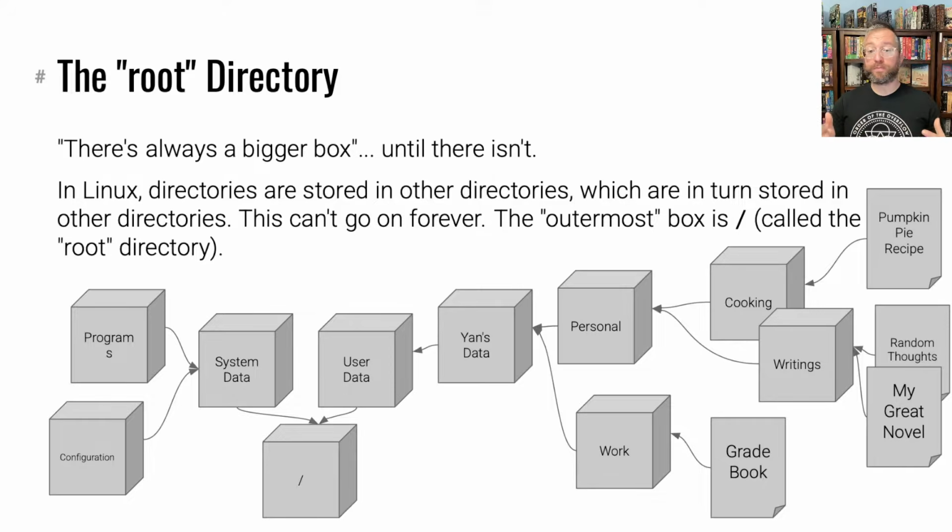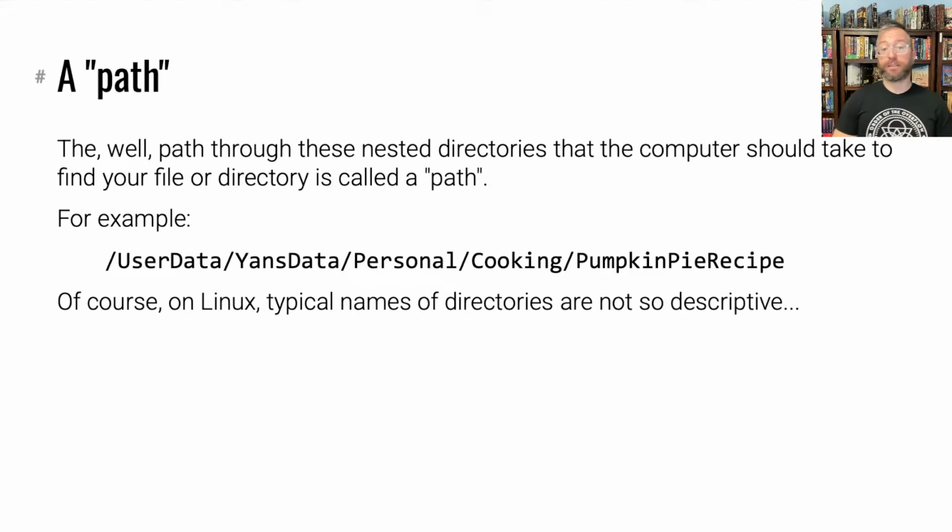Given this big mess of boxes inside boxes inside boxes, basically directories inside directories inside directories with a file at the end, how do you actually say, hey, I want my pumpkin pie recipe or something, right? Well, you refer to your pumpkin pie recipe, or whatever you want to identify, like a specific program under the program directory, using a path, right? A path